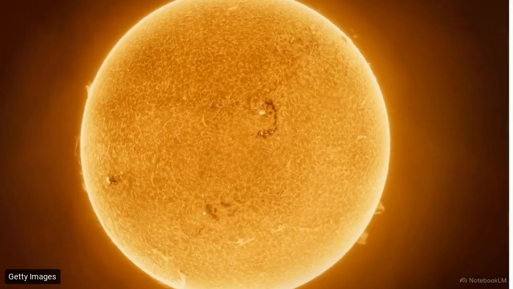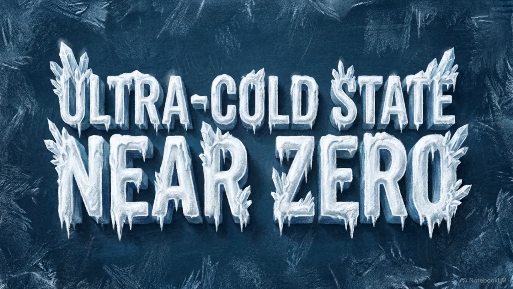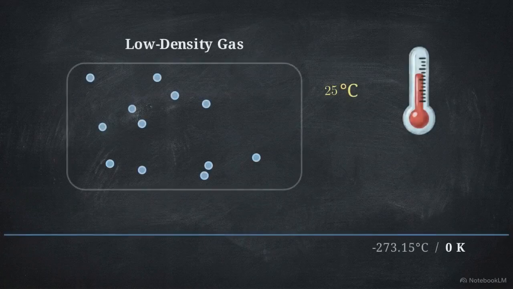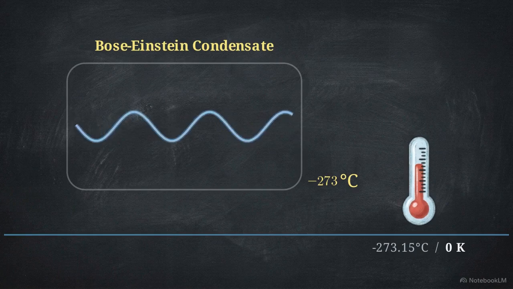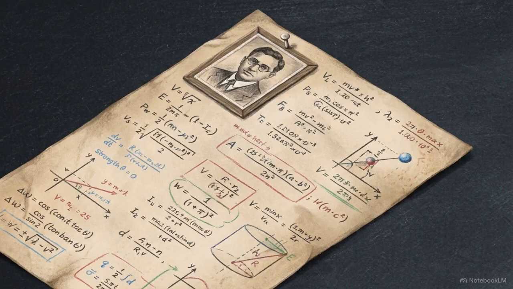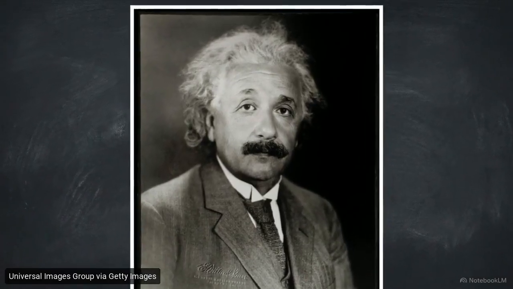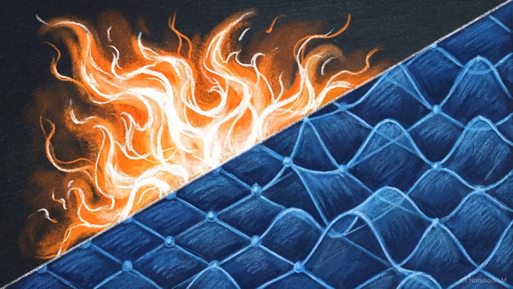illuminates our solar system. On the opposite end of the thermal spectrum lies the fifth state of matter, the Bose-Einstein condensate. This state is formed by taking a low-density gas, a fraction of normal air, and cooling it to near absolute zero. The existence of this ultra-cold state was first predicted mathematically in the 1920s, stemming from calculations made by Indian physicist Satyendra Nath Bose, which were later expanded upon by Albert Einstein. Pushing temperature to either absolute zero or millions of degrees shatters standard molecular behavior, forcing particles to adopt entirely new,